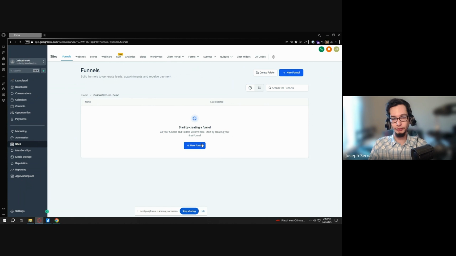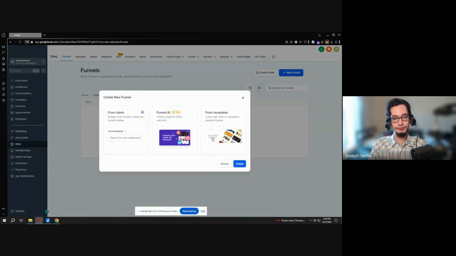So we're going to create a new funnel, and we're going to do it from a template. So click from template. If you feel like you're a pro, not even a pro, but if you feel confident, do from blank. But for the sake of brevity and for the sake of following along, and that way you can replicate this on your own while following along, do from template,